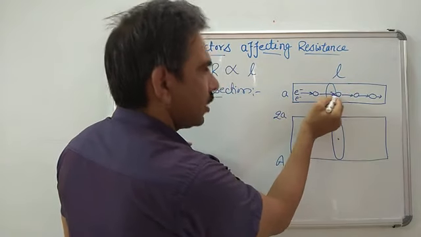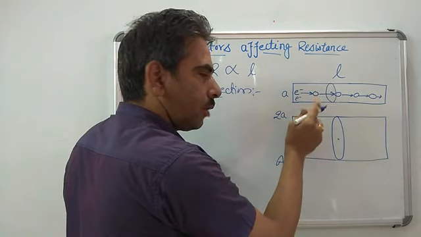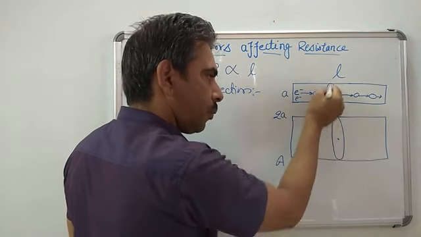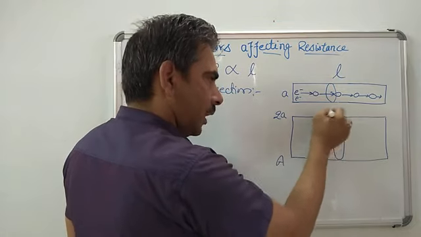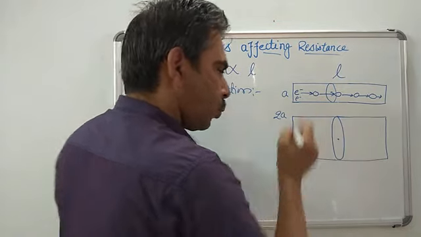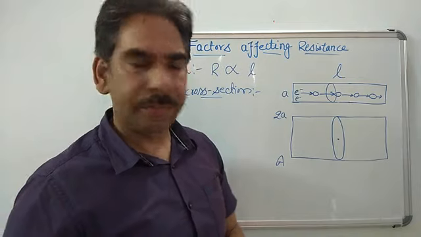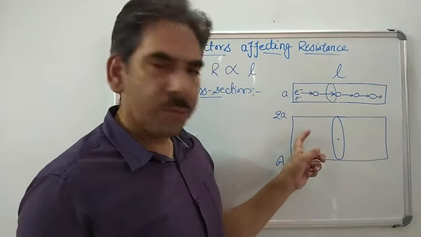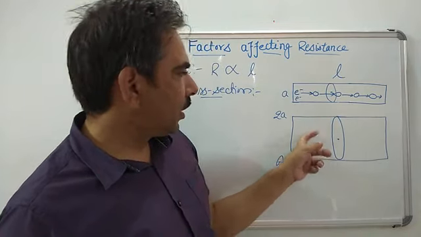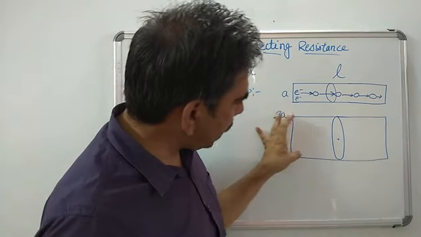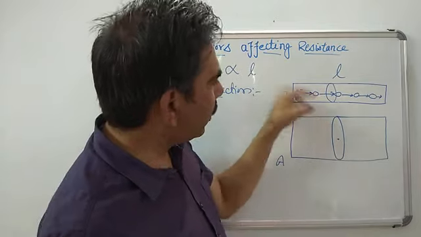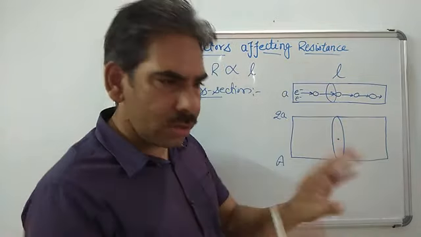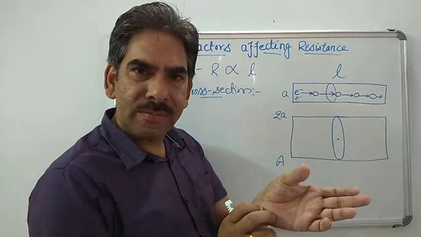So this is the point, we have drawn an area cross section of the conductor here, and this is the same point at the location, for example from one end. We have also drawn the area cross section around this point, right? So from here we understand that there will be more number of electrons which can cross this area cross section at this point, and here there will be less number of electrons because the area is less, right?